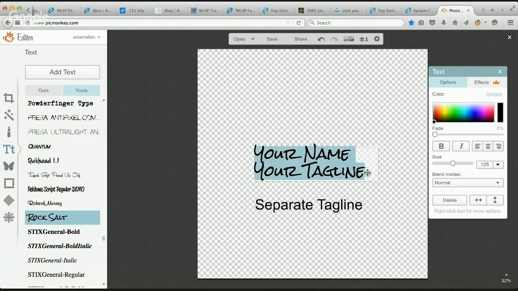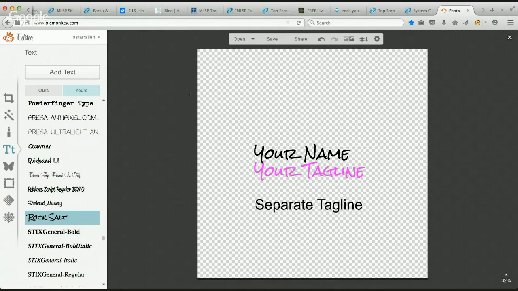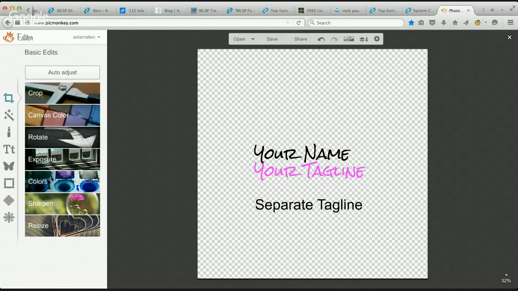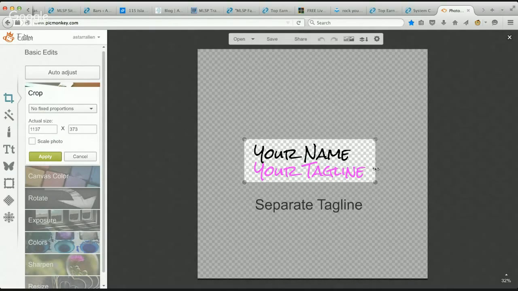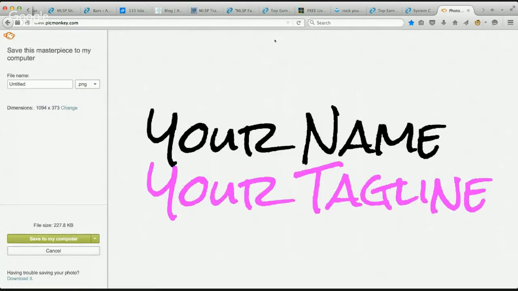And then I have this one a different color, so you can pick whatever color you want. And then see how this canvas is gigantic? Then all you want to do is come over here to crop, and then just crop it. And that's it. And then apply, and then save, and it'll save to your computer. And now what happens is there's no background on this. So when you upload it to your blog,